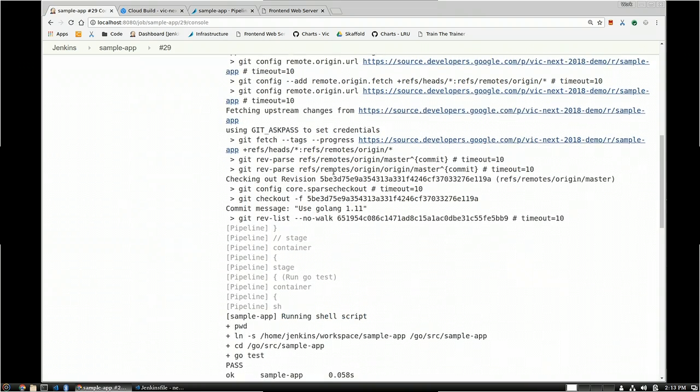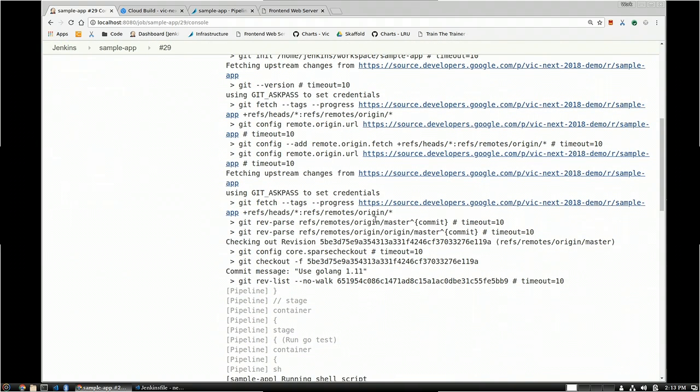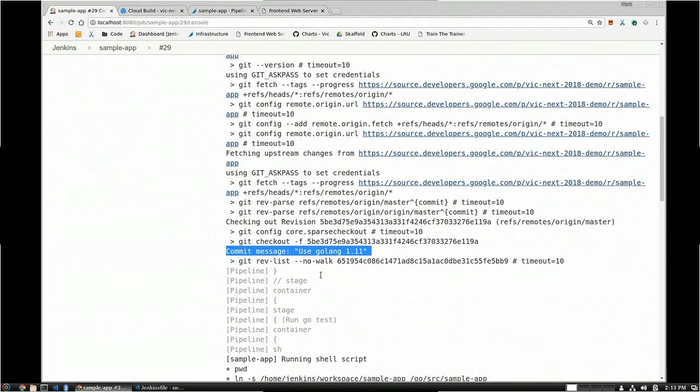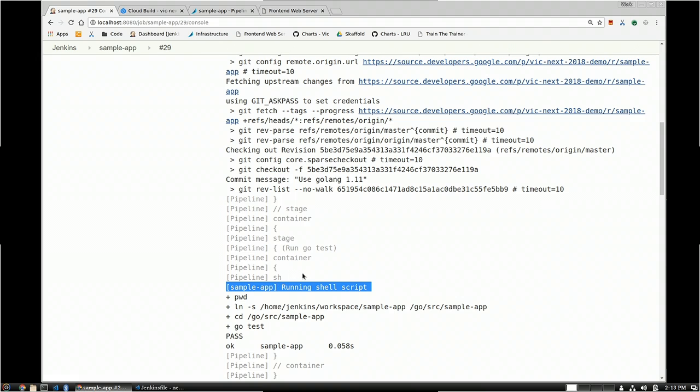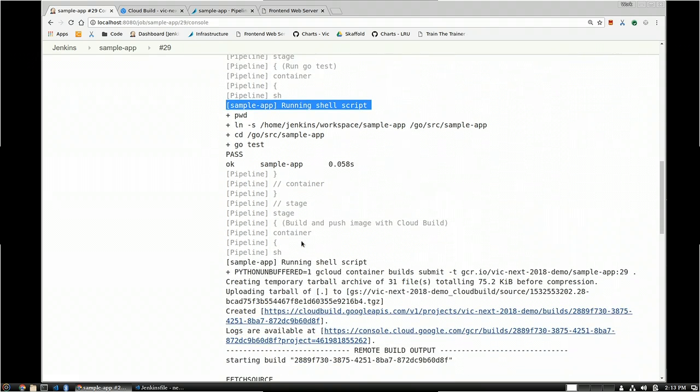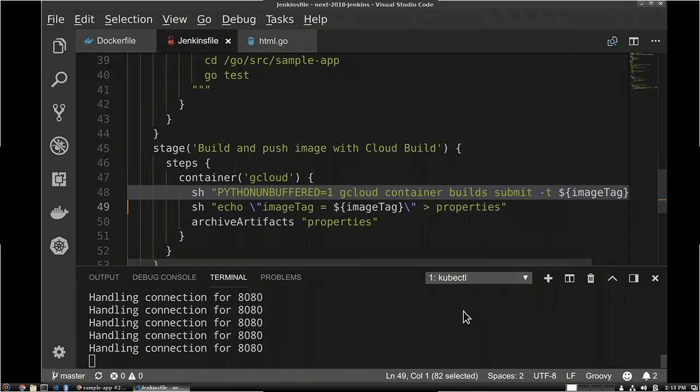So here I've had my build started. We can see my commit message here. Jenkins provisioned a pod for me and then started running my tests and then the build. So if I look in my